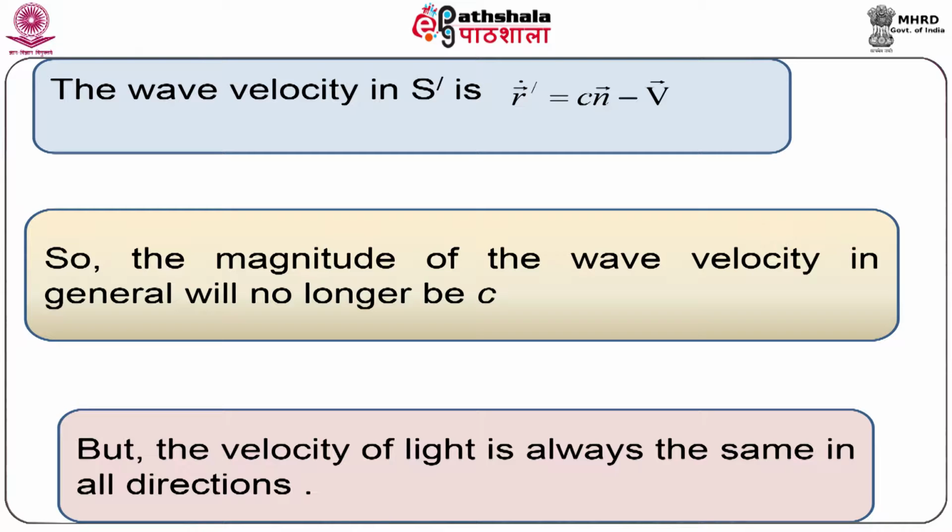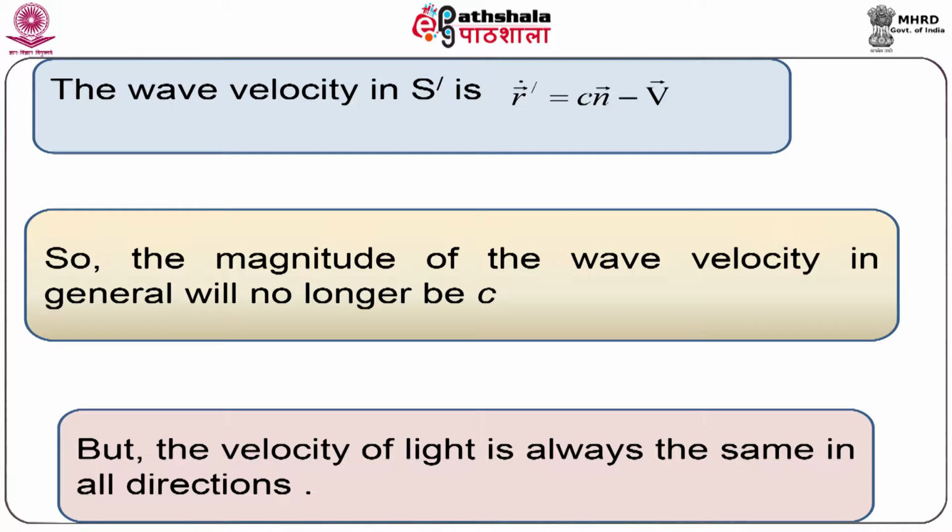From this, it is very clear that for the system S' moving with uniform velocity V vector with respect to the source of light, the magnitude of the wave velocity in general will no longer be c, which is nothing but the speed of light. Moreover, as the radius of the wave surface depends on the direction, the waves will no longer be spherical, but